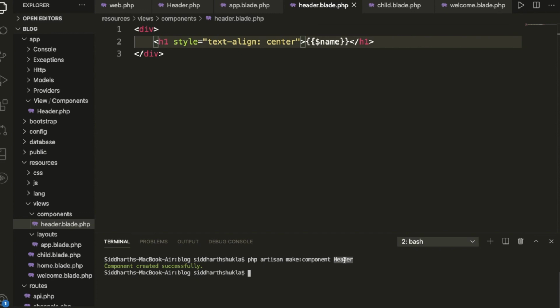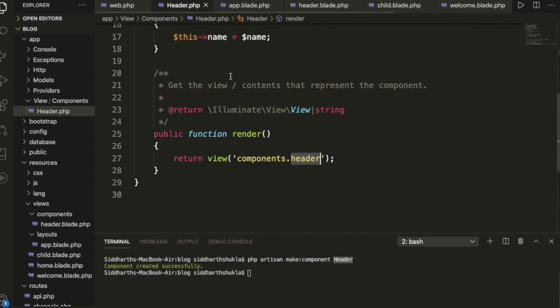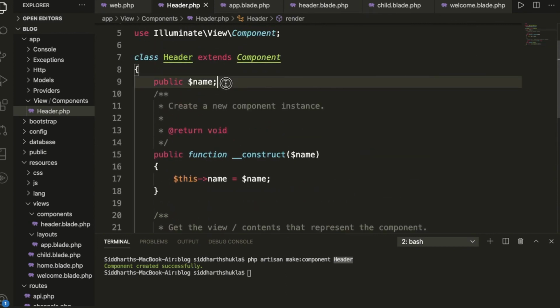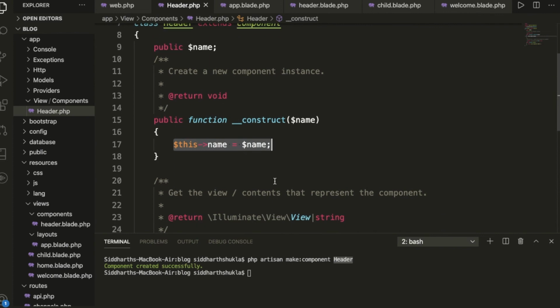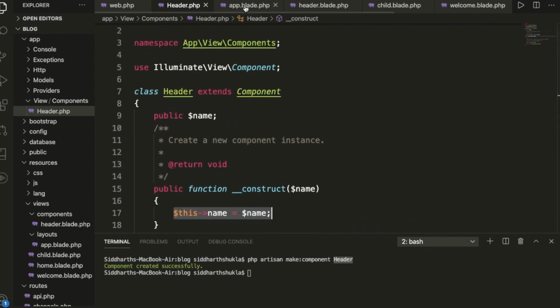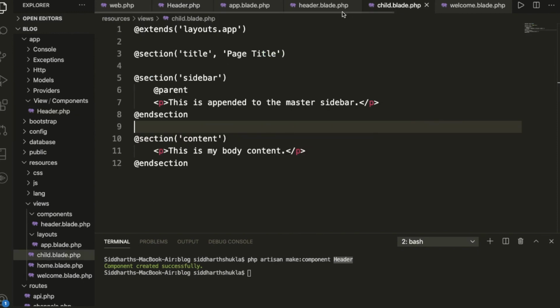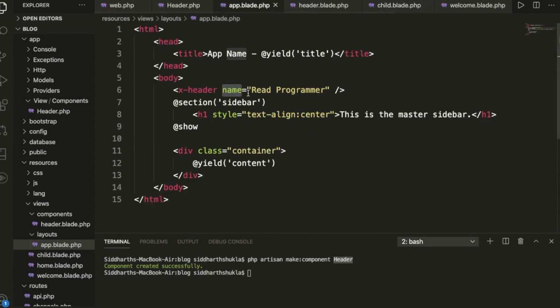We have declared it as a public variable, let me show you here. We created a public name variable, and also we are passing it from the constructor. And here you already saw that we are creating this particular object and passing it from the header component. Okay, so once we get the data, we have the particular child, let me show you the child, and one more thing we have is app.blade.php. So we are extending x-header. Suppose we have x-footer, you can put x-footer something, and we are passing from here. So we have the name, which is real programmer. Then we are printing the same variable we created inside header.blade.php.